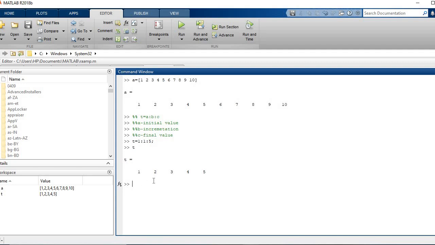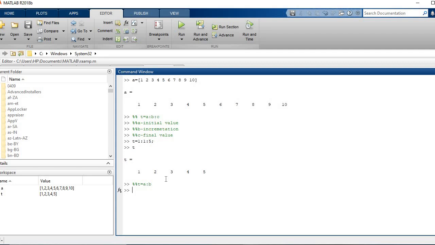Okay, now there is a general assumption that MATLAB makes. If you have written this colon operator command without the argument B, like if you have written in this form T is equal to A colon B, then it directly assumes that the incrementation part is missing. If the incrementation part is missing, then automatically the incrementation is assumed to be 1.